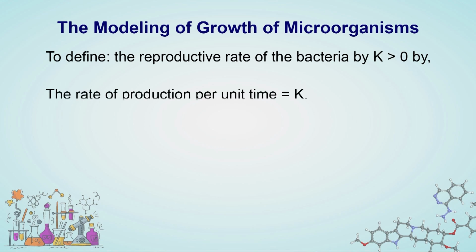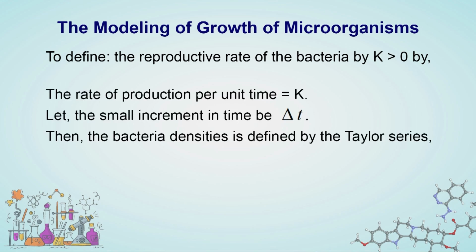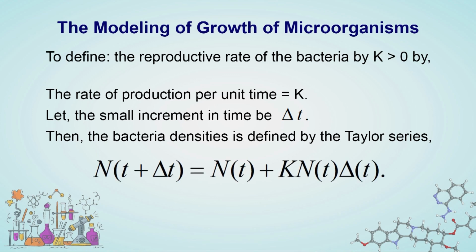Then at time t, what is the bacteria density, and after time t plus delta t, what is the bacteria density? There is a difference, and it is defined by N(t plus delta t), which is approximated as N(t) equal to k N(t) times delta t, simply the Taylor series,